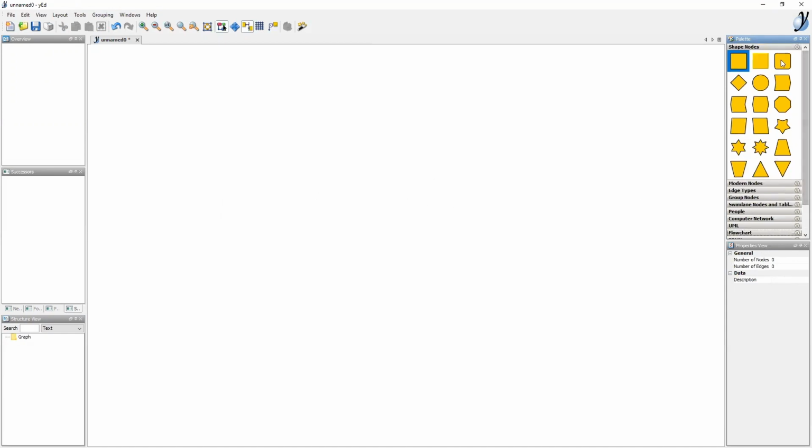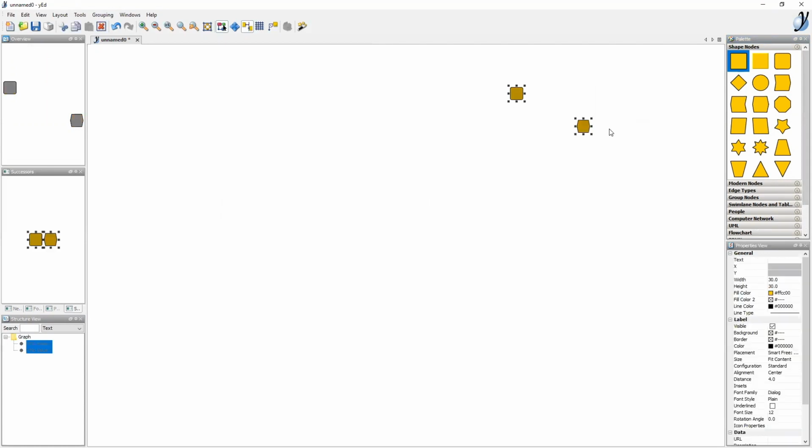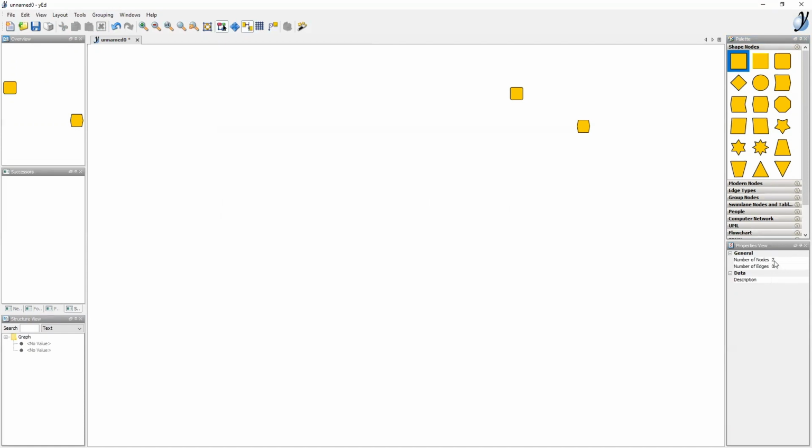Now, if I add some nodes, you see the number goes up, and it's just 2 nodes for the diagram. And if I create an edge, then it's a new edge. It's counted here. For the diagram itself,